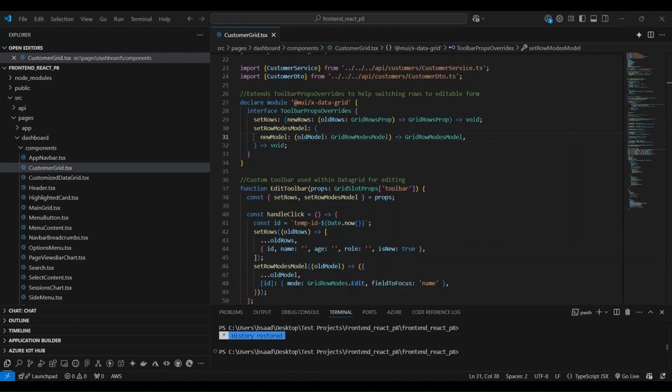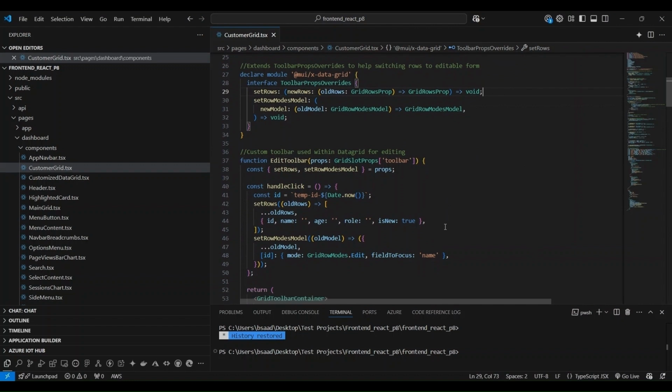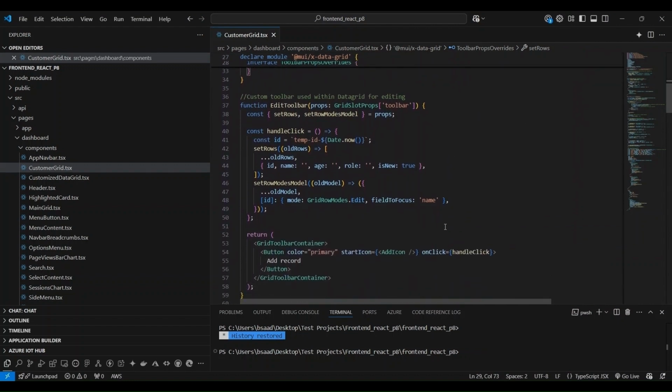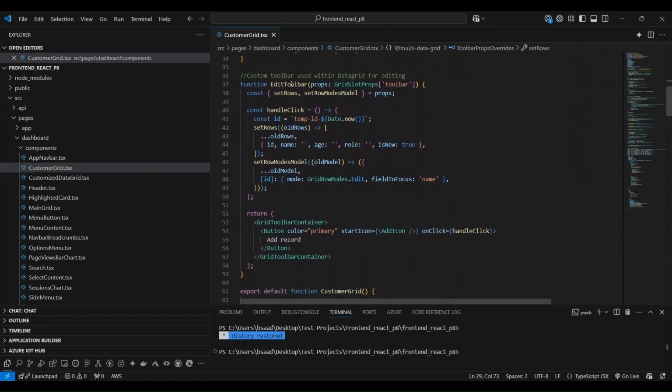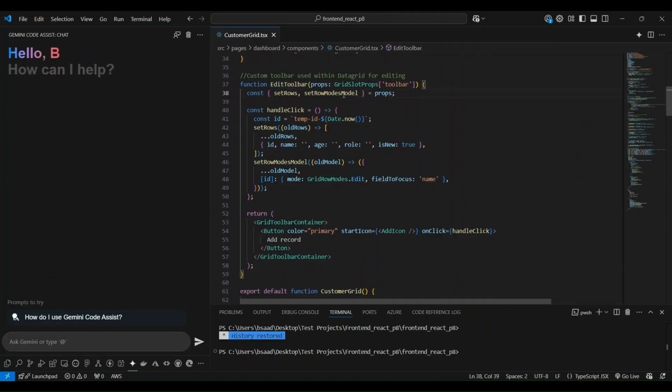This lets us change a row to edit mode, view mode, or even ignore changes that we made in edit mode. We will be using this in our component below. So here we have the component edit toolbar that will be used inside data grid below. This code here unpacks rows and row modes model from props, and if we go below here, in this section of the code,